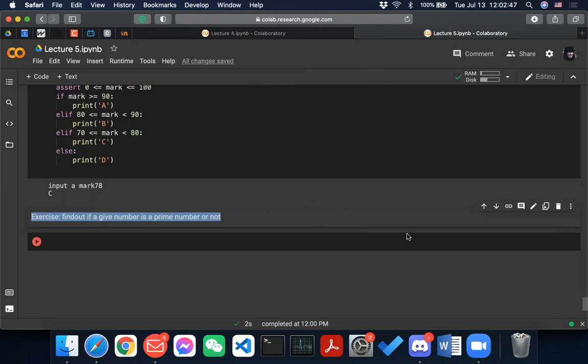Does our assignment have a due date? I am thinking about it. Maybe the end of the week. By the time that I give out the assignment, I will give you a time, but definitely not tomorrow. I'm not expecting you guys all to finish tomorrow, so don't worry about that.